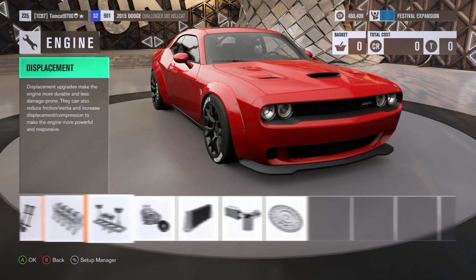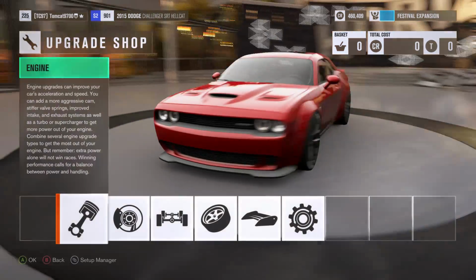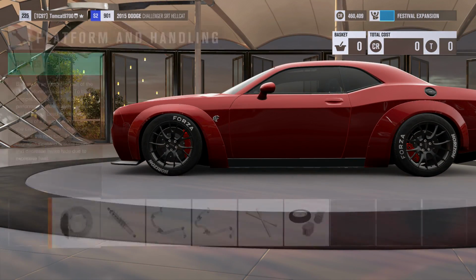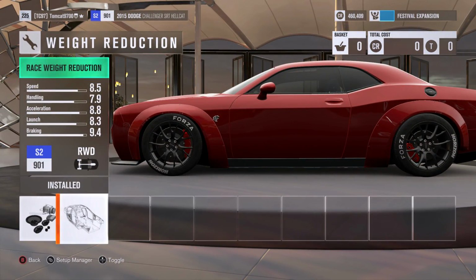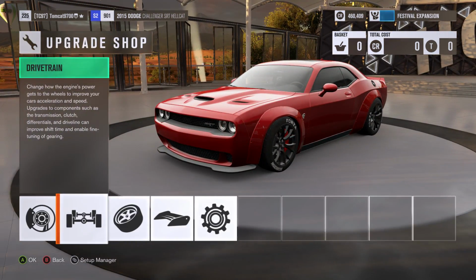So you've got a little bit of a trade-off if a Demon is your target car. Now, would I choose to go with a Demon ever? I don't think I would. I think it's too much of a brick for me. The car itself is very large. It's a lot of power and it's very fast, but the thing is,